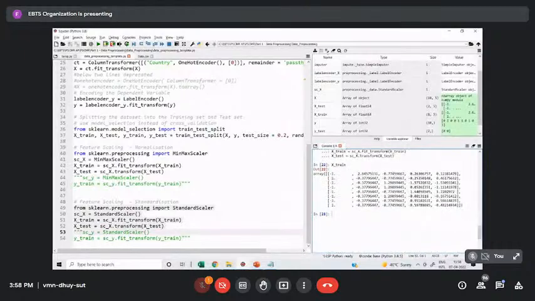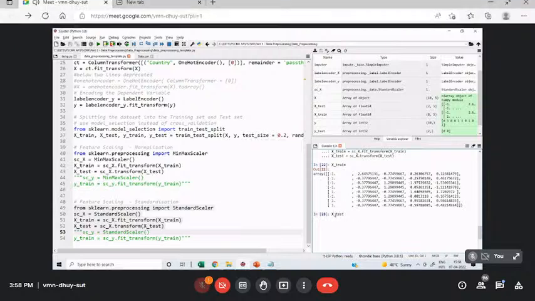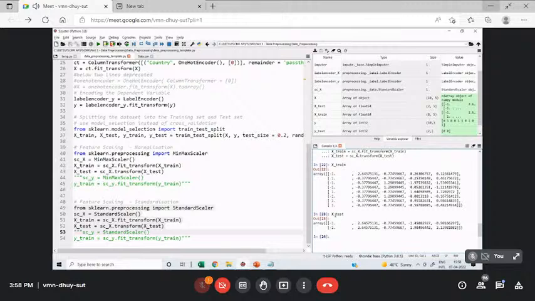You don't have to bother how the mapping is done, but the values are scaled down. Similarly, if I go to x test, the values are again very small, minus 0.72, 0.6, and so on. So whenever you have numeric features in your data set, always remember that you should do feature scaling. That really optimizes your model efficiency. That's one of the best practices we use today in the industry.